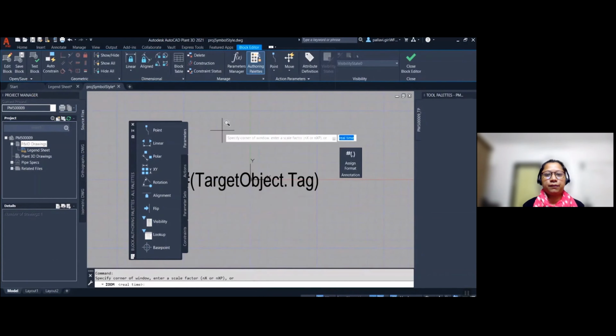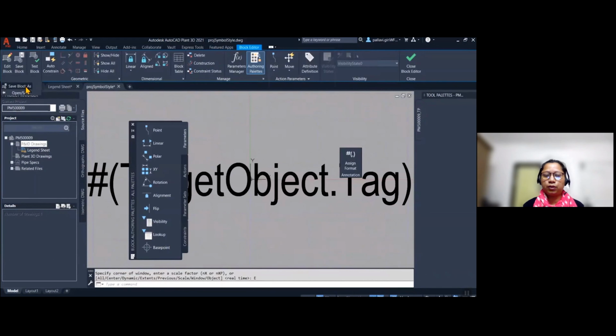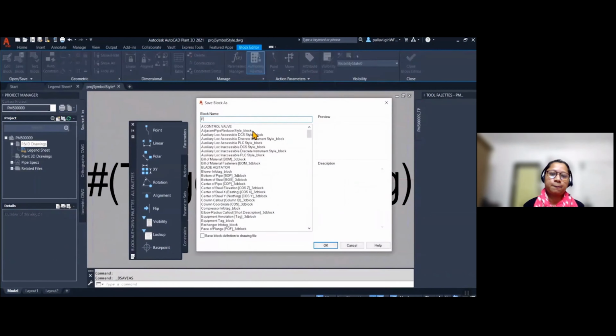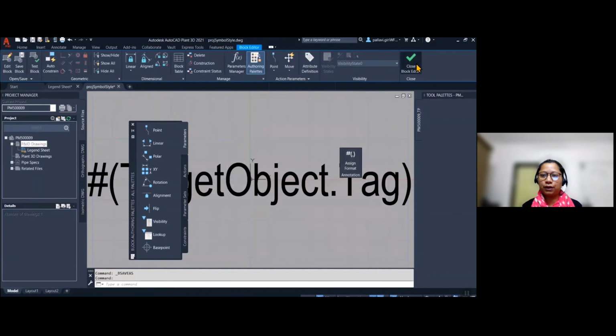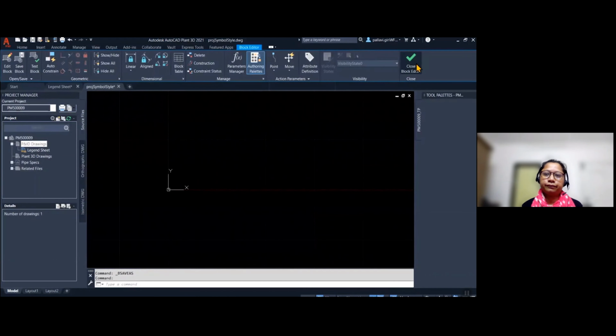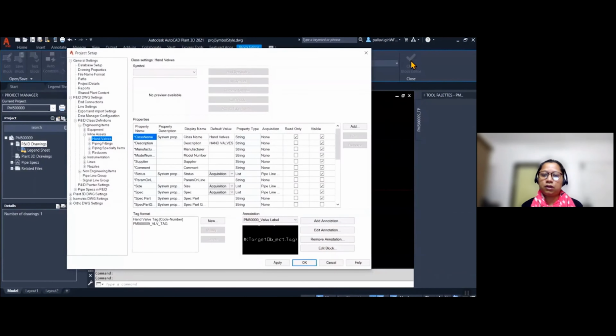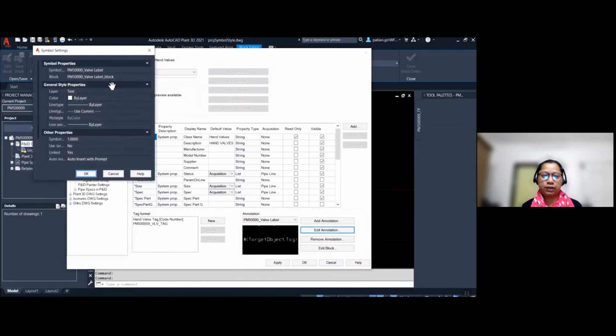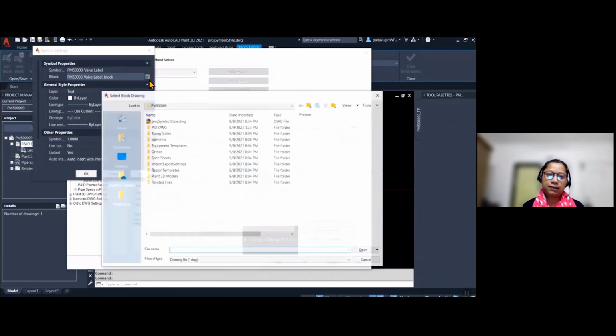Okay. And now I'm saving this block with the new name, my session ID, again, then underscore VLV underscore annotation. This is my new annotation style. So this block I'm going to use in my annotation style. So I need to click on the edit annotation, select the block.